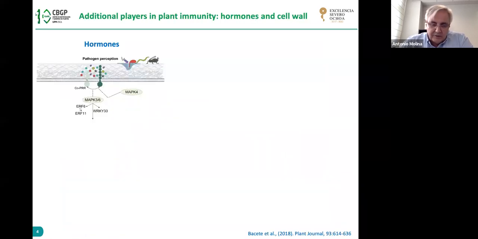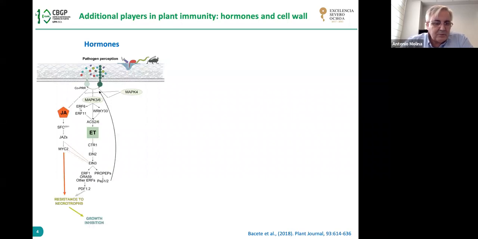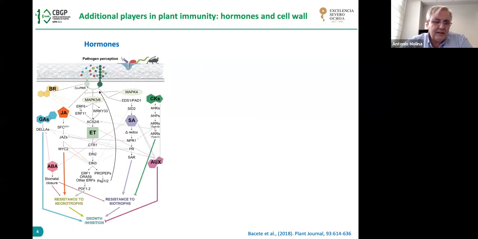So this recognition of the pathogen also activates the synthesis of some hormones, and it's well known that jasmonic acid and ethylene are required for the resistance to necrotrophs, but also salicylic acid is required for this resistance to biotrophs. In addition to these classical hormones, other hormones have been shown to be involved in the activation of the immune